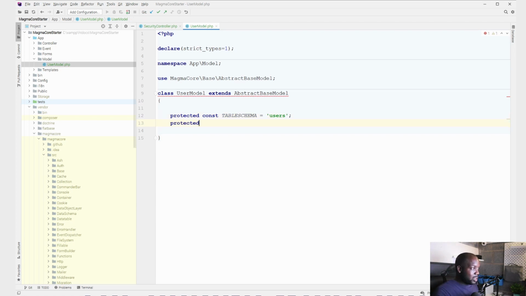And we're going to also define the table schema ID, which references the primary key for a table, and that's going to be ID, because that's mostly what we call our tables in our database, which is an auto incremented field, a unique identifier, primary key. We're going to be calling it ID. I mean, you can call it whatever you want, so long as it matches the column in your database table,